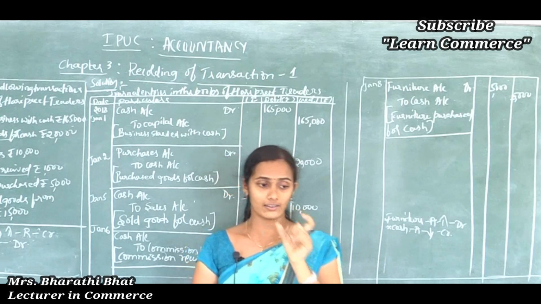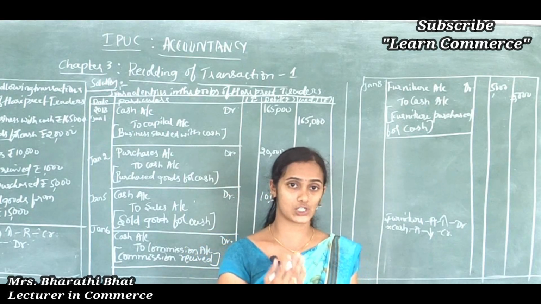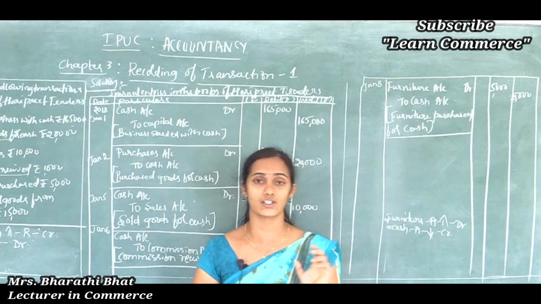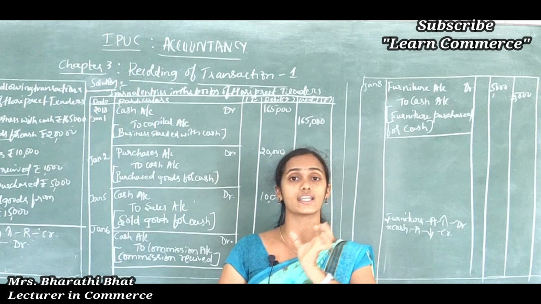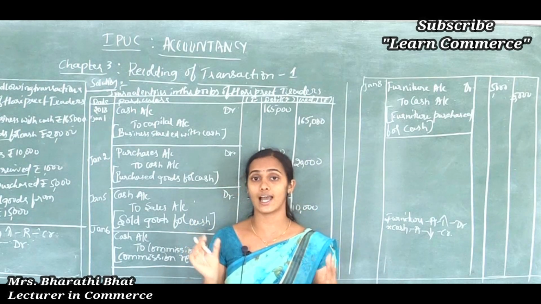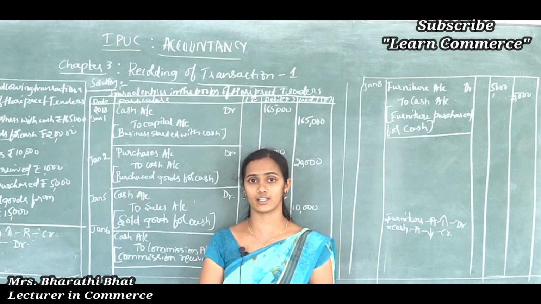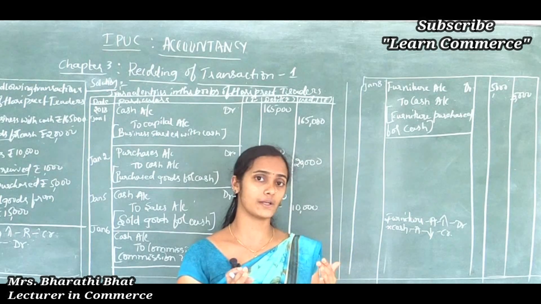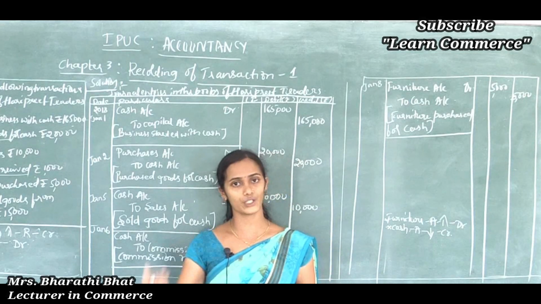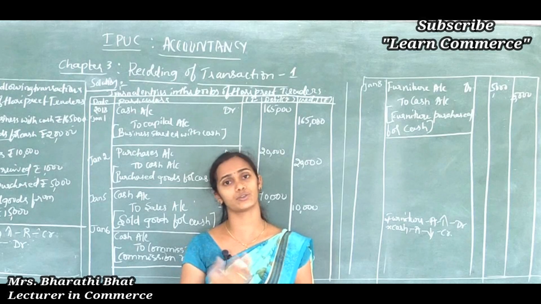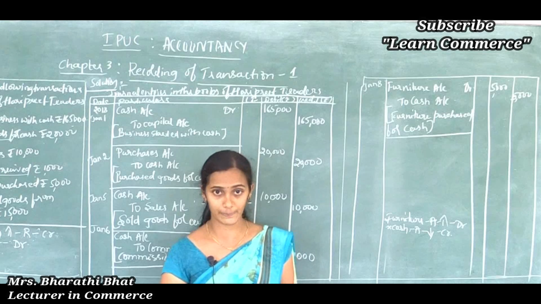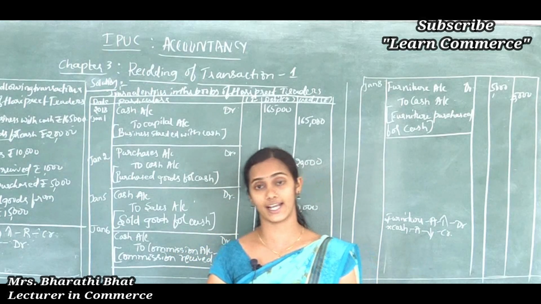So when we purchase anything on credit, then the person who came to the organization is called a creditor, because he is a liability for the organization. That creditor is considered as a liability. It is a responsibility for the organization. Responsibility means today or tomorrow we have to pay that amount to that entity. So that's why it is considered as a liability or a responsibility for the organization.